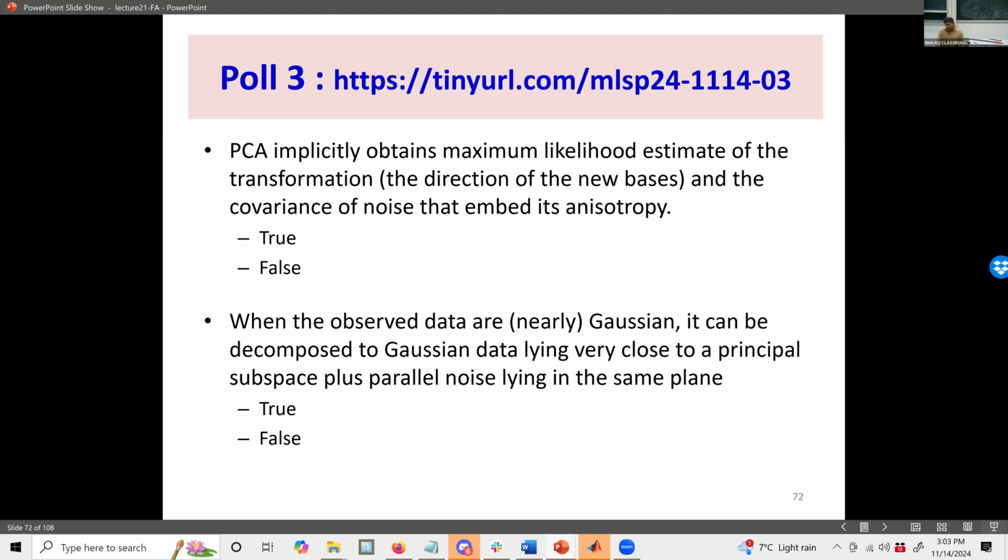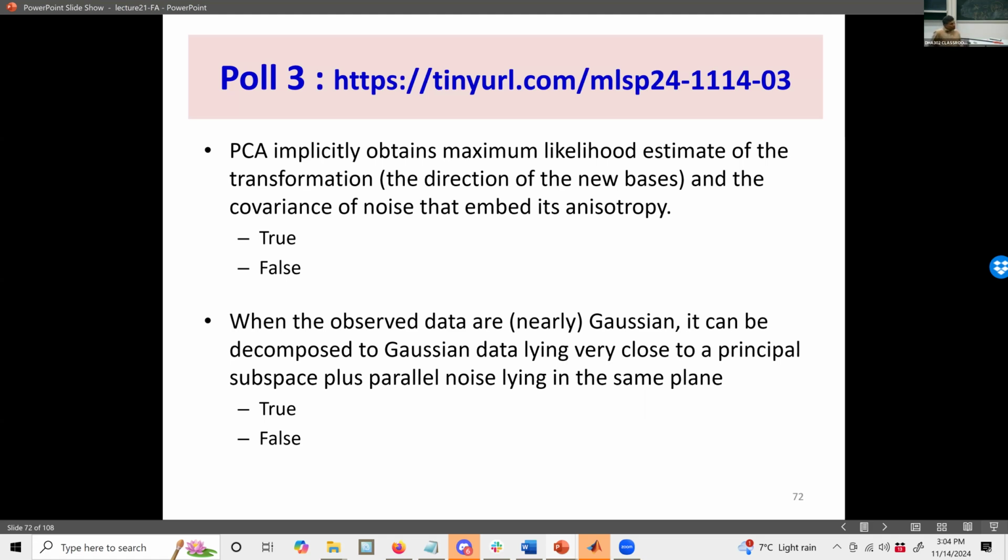Now, here's a last poll before I jump off into factor analysis. I should have spent an hour on it, but I'm going to spend 15 minutes. The poll is not up. It's got to be up. All right, first question, true or false? And the second one,